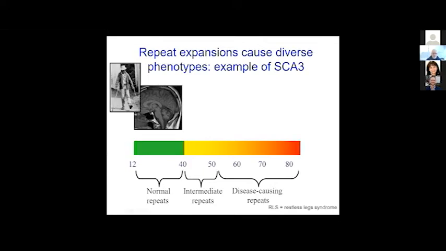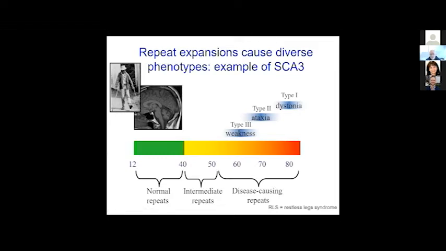The disease protein in SCA3 is ataxin 3, and the expansion that occurs goes from a normal repeat of 12 to 40 up to between 60 and 80. The longer the repeat, the more severe the disease. Most people have ataxia that occurs midlife. People with a longer repeat have an earlier onset disease that has a slightly different flavor. It has more dystonia than ataxia. And people with a smaller repeat in the 60 range have a later onset disease that has more motor weakness